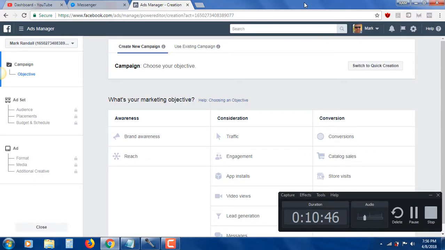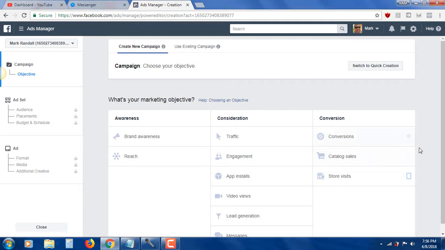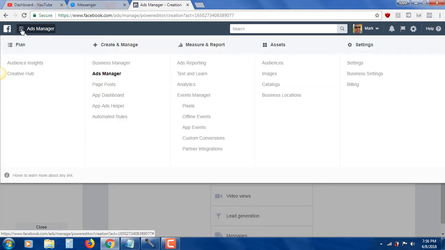Okay, here we are now. And excuse me again, I've had this cough and I just can't get rid of it. But here we are on the main screen. Let me get rid of this. And I'm simply back in my ads manager. I went from my Elite Marketing Systems Group page to manage ads. And then from manage ads, or not manage ads, I actually create a new campaign. Now, before I do all that, what I want to do is go over here to this little drop down, and then over here under audiences,